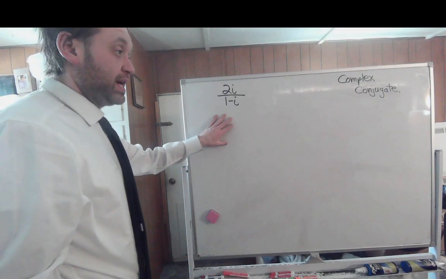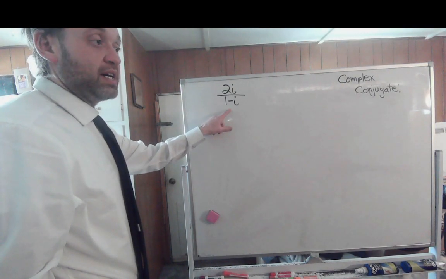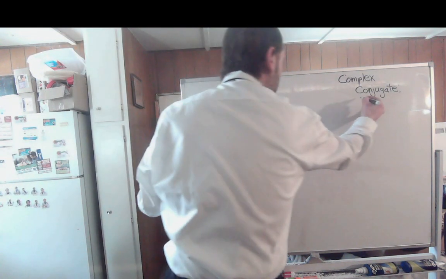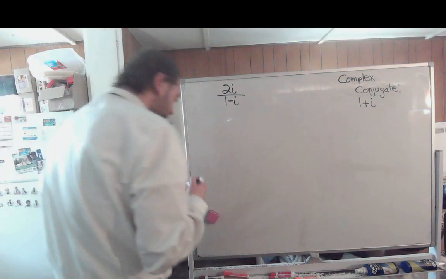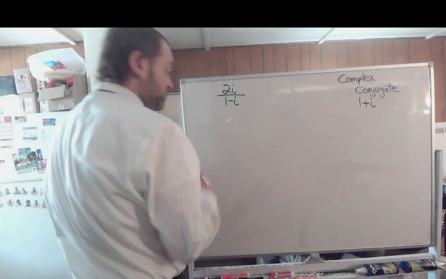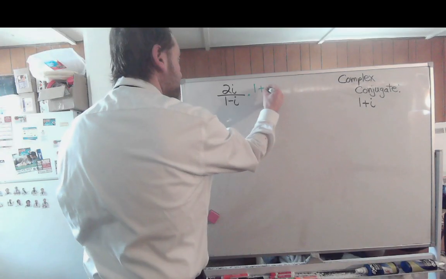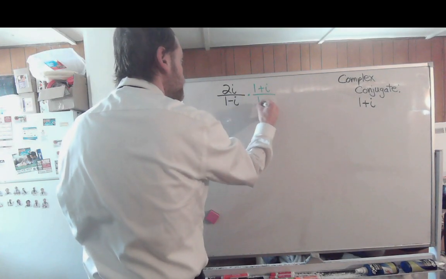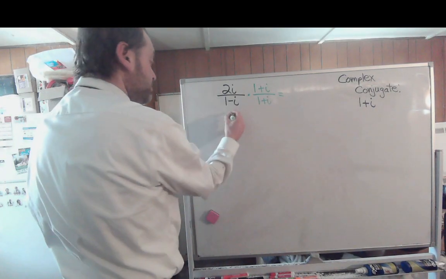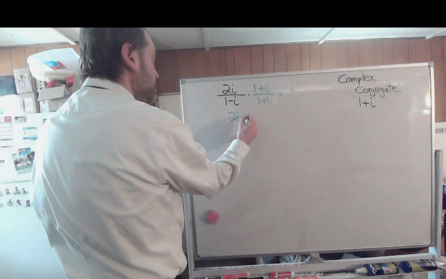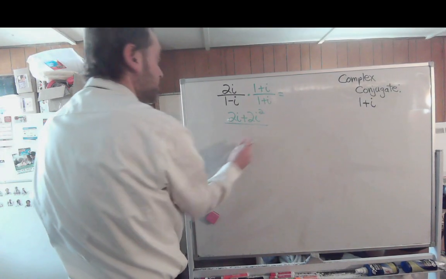In order to do that, we have to multiply by the complex conjugate. And the complex conjugate of 1 minus i would be 1 plus i. Now let's multiply both numerator and denominator by that complex conjugate of 1 plus i. In the numerator, if you distribute, you would get 2i plus 2i squared, all over